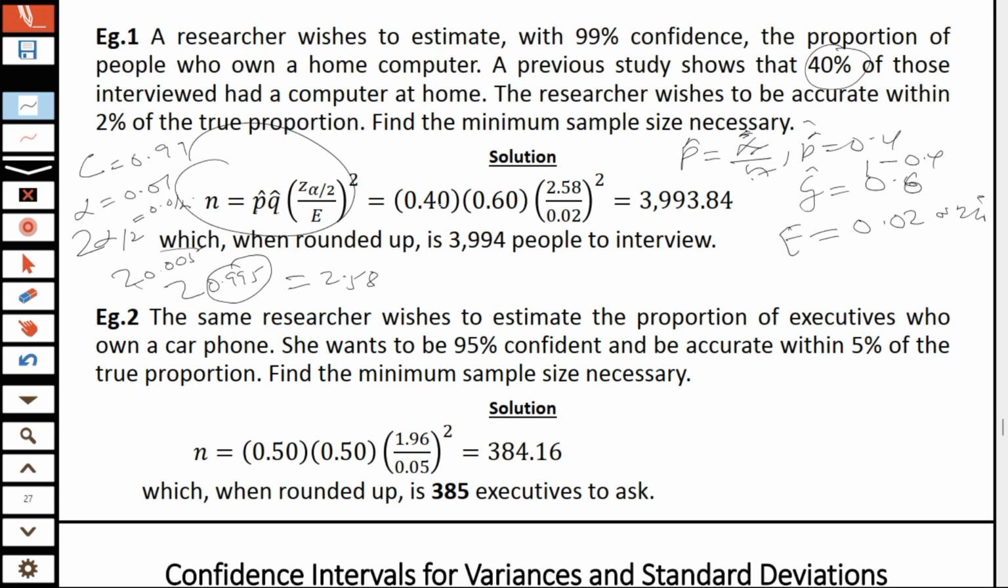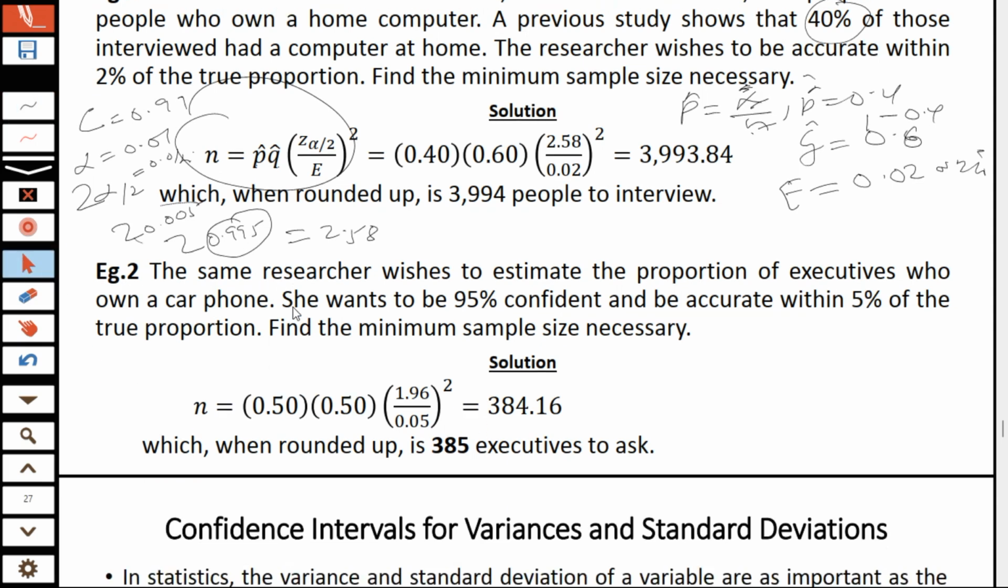So here, our P hat, Q hat, z subscript alpha divided by 2, and E can be substituted as follows, right? Our P hat was given as 0.4, our Q hat was given as 0.6. We have 0.4 times 0.6 times 2.58 divided by 0.02, all squared. And when you multiply everything together, I'm going to get 3,993.84, right? So we just round it to the nearest whole number to get 3,994 people to do an interview. And then our next question is saying